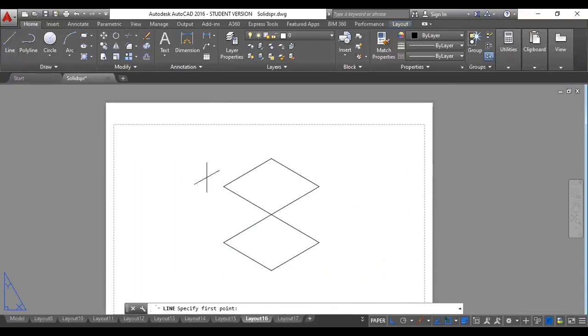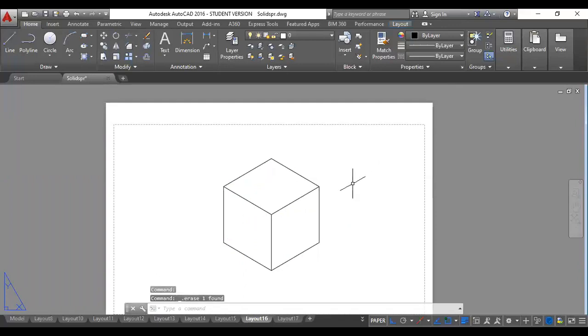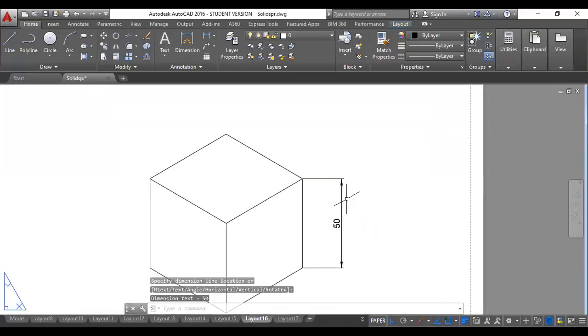Now join all the corners. Join all the corners one by one. Right. And this corner to bottom corner. Then the hidden edges are to be erased. So these will be the hidden edges. We'll erase it. So you can see that this is a cube of 50 mm, right? So now you check the dimension here. Once you check the dimension, it is 50 mm only.